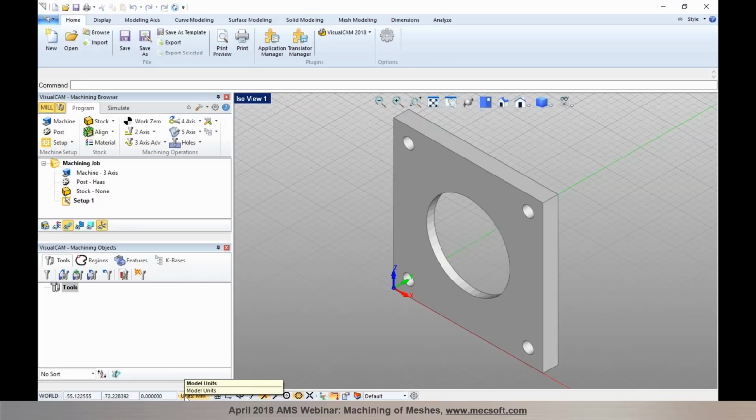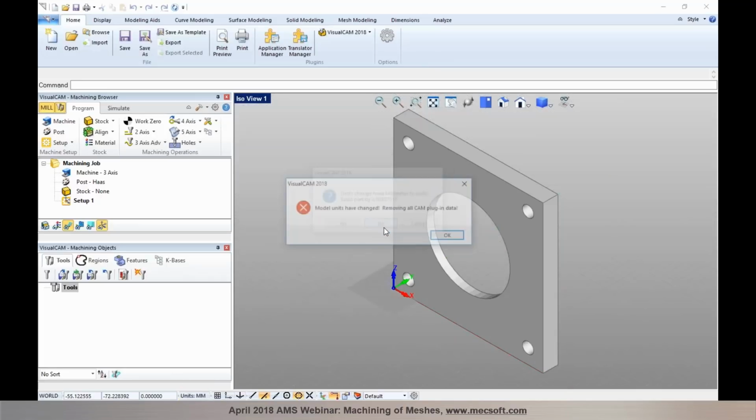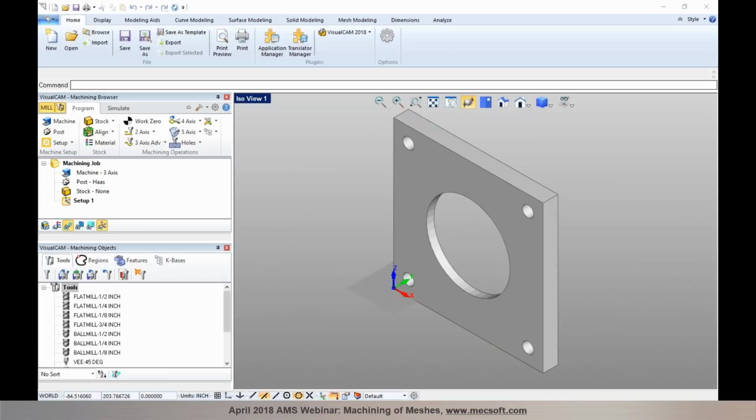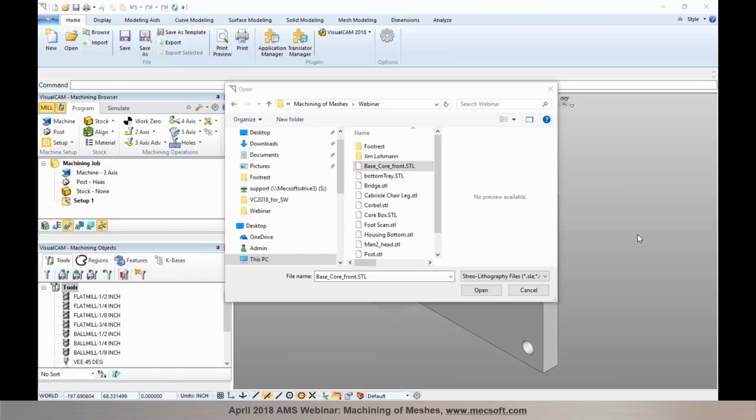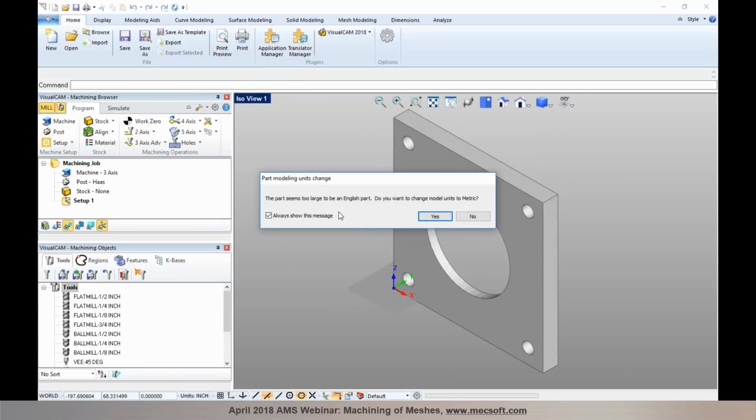So now when you import this part into Visual CAD CAM, you will notice that it'll prompt you if the model units you have are currently in inches. You'll be prompted whether you want to switch the model units to millimeters. In this particular case, I had the units for Visual CAD CAM already in millimeters, but now I switched to inches. When I go back and reopen this part, you will notice that it prompts you with the units change, and it also tells you that the part appears to be too large to be an inch part, or English part units, and it'll ask you,